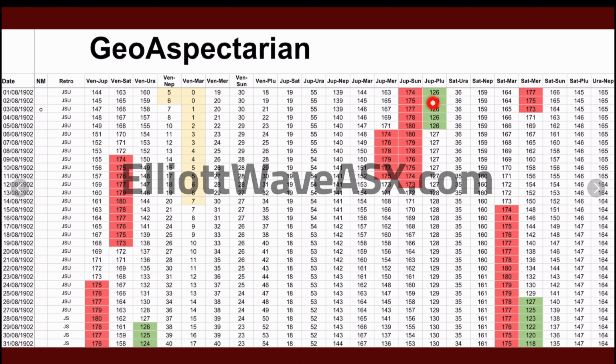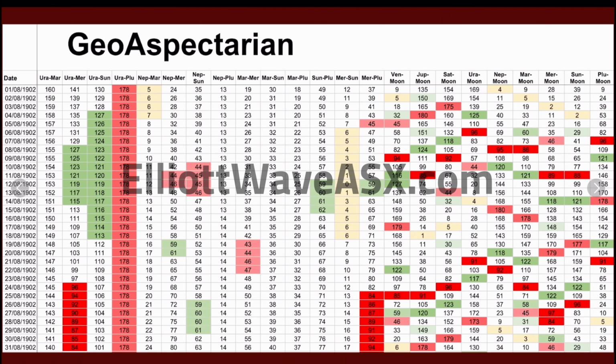We've got Jupiter and Pluto in a trine, which is 120 degrees, so it is within a 6 degree orb, that's why it's highlighted in green. And we've got Saturn and Mercury opposite. Now, there's obviously a lot of combinations, so if I scroll to the right, we see the rest of them for that day. So we've got Uranus and Pluto opposite, we've got Neptune and Mars